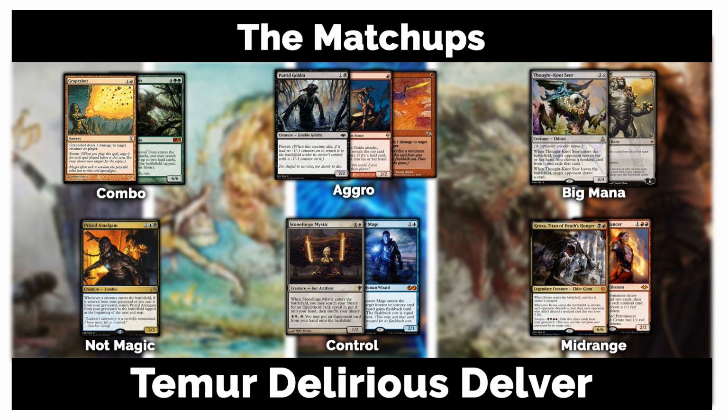Now, Dredge. Dredge for me is still a black hole. I'm trying not to plan too much for it. I'm kind of putting my head in the sand and hoping that Dredge just doesn't become a thing. Obviously, if Dredge becomes tier 1 or whatever, we're going to have to adjust accordingly. Play a ton more graveyard hate in the side, and we'll go from there. But Dredge becoming a tier 1 thing might also make this deck less...